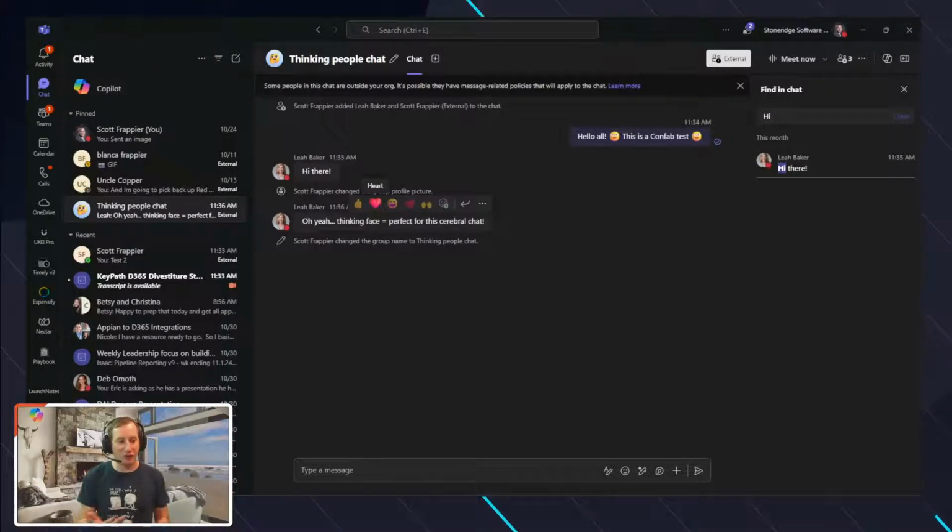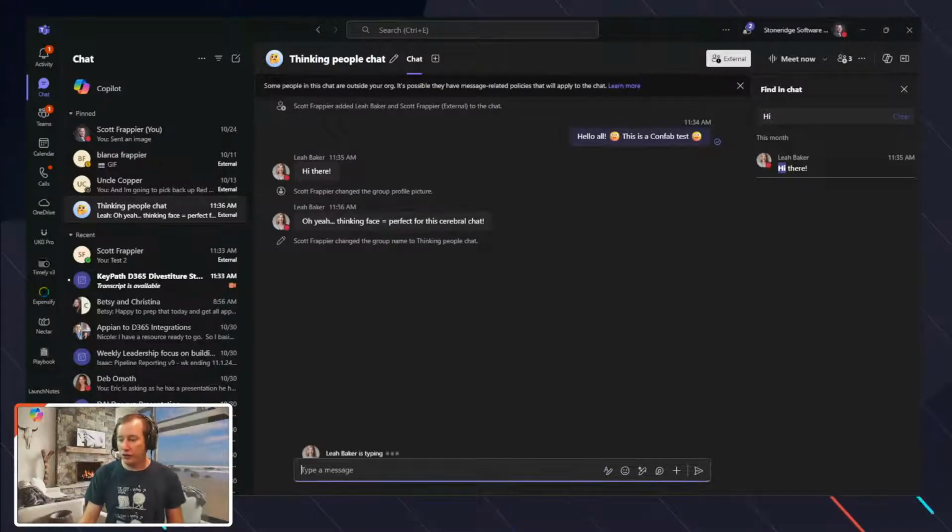Typically I'll use emojis as much as possible to make sure that I'm affirming their communication, for example, with a thumbs up at a minimum. So, obviously these emojis are kind of nice in that regard as well.